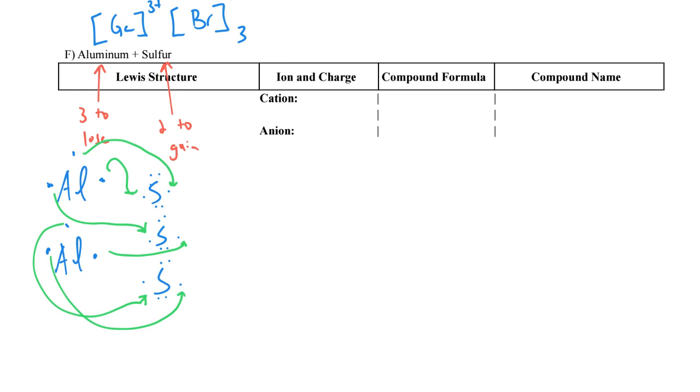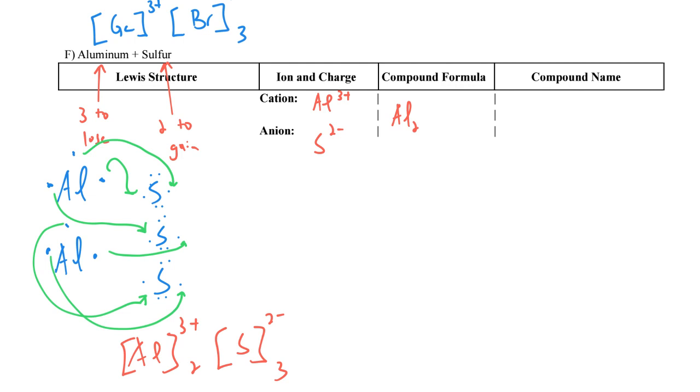And our final ions was an Al with a 3+, and we had 2 of those, and an S with a 2-, and we had 3 of those. Cation Al 3+, anion S2-. Compound formula Al2S3,